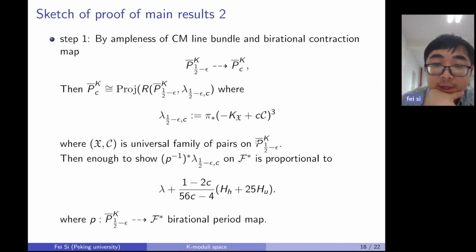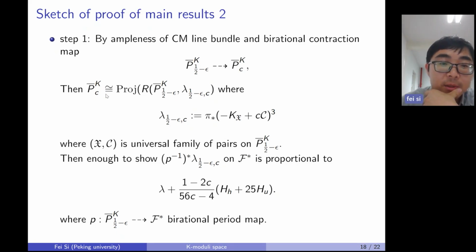But we need to first consider the universal family of our pairs. It's near the log Calabi-Yau case, so we need to consider 1/2 minus x0 for small x0. Because in this case, we have a birational contraction map from the last wall to the other walls. Here C is arbitrary. So as the CM line bundle is ample, so you can easily say that the section